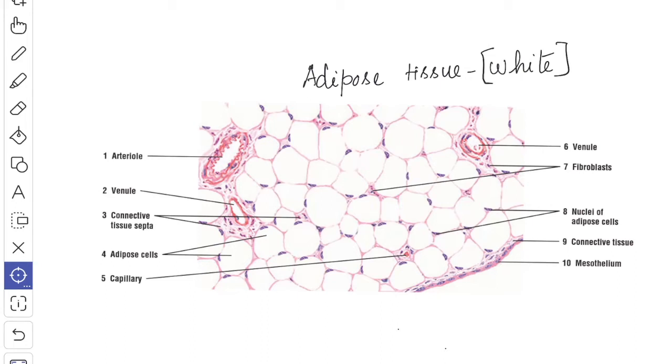When you see the function, it acts as a storehouse of nutrition, the fat being deposited when available in excess and being removed when deficient in the diet. In many situations, the fat performs a mechanical function. The fat around the kidneys keeps them in position. If there is a sudden depletion of this fat, the kidneys may become mobile, that is the floating kidney.